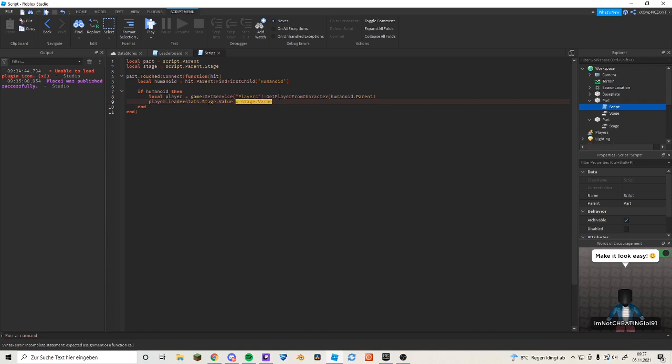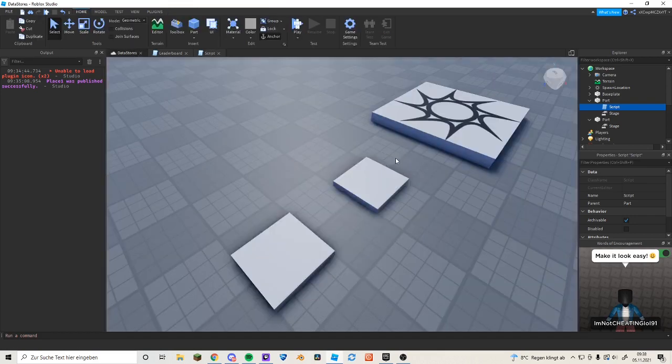We can also make this: if player dot list value is higher than, like the number is bigger than ours, then you can do what you want, like a temporary checkpoint or something,